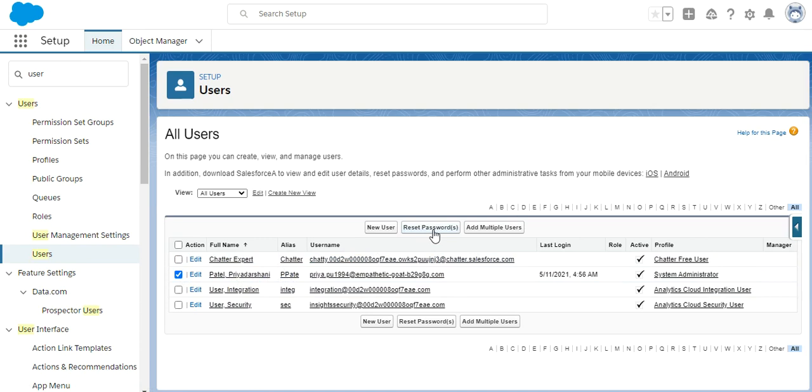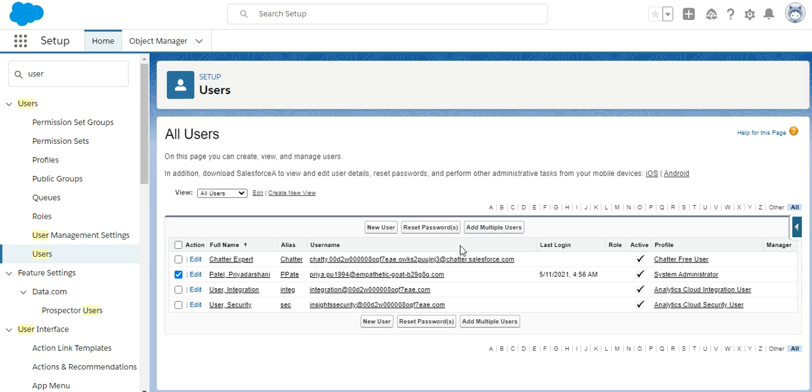Then I click on reset password, and Salesforce sends a link to my registered email address, and from that link I can change the password. So this is about resetting the password. And we can also add multiple users, which we will talk about later.